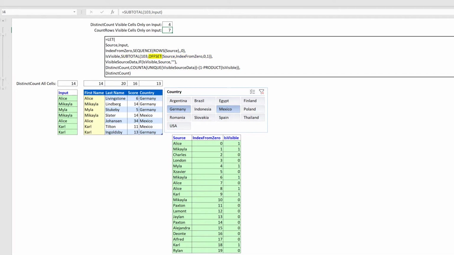We use the offset function, which takes 5 arguments. For the first argument, the starting position, we use source. We might as well have put in just the first element of the source vector. We'd get exactly the same result, but putting in the name of the whole vector makes for a more elegant solution. For the second argument, the vertical offset, we use index from 0. Now, by default, this argument is expected to be scalar valued, but we put in a whole vector, so we effectively vectorized the offset function in that second argument. Therefore, the result of offset will also be a vector of the same dimensions as index from 0.